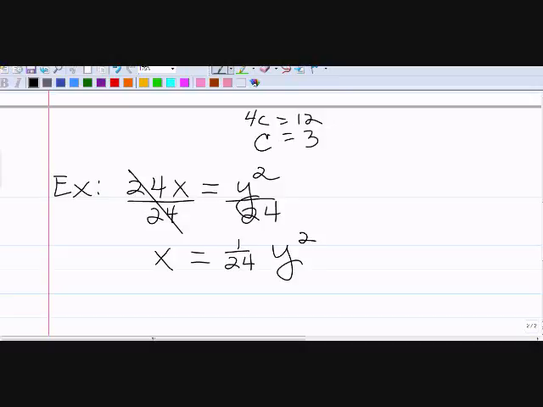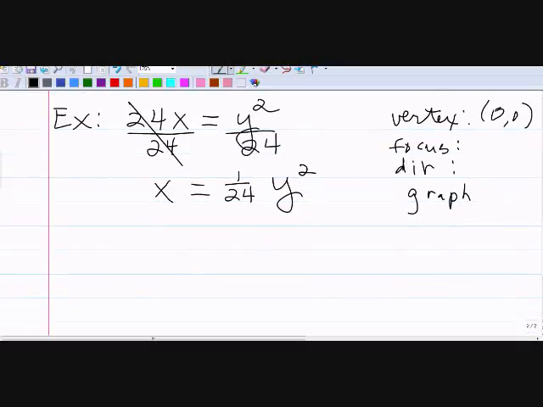Okay. Now I want the vertex, which in this case is also going to be 0, 0. I'll give you one of those that's not 0, 0 in a few minutes. I want the focus, I want the directrix, and I want a graph. So let me start with my graph. This is an x equals positive a times y squared. So this is not a graph going up, it's a graph opening up to the right. Okay? I'm going to place my focus